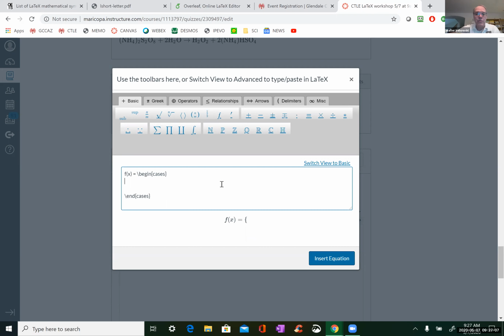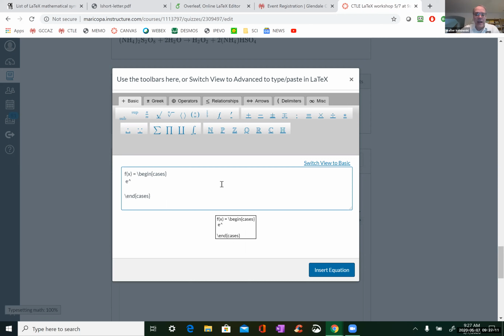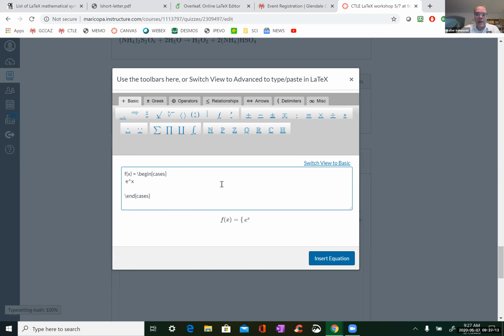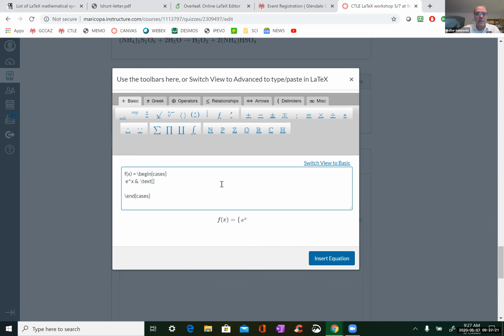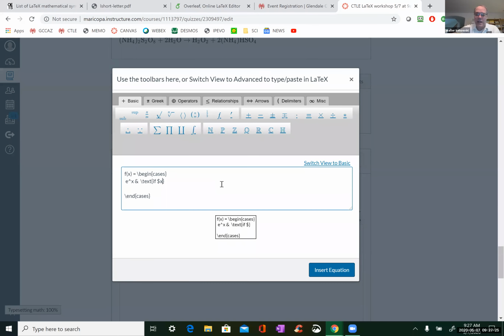Now if you say, let's say e to the x, and then you put an ampersand, and then you want to do text. See, there's your little text command. Then you can say if x less than -3.